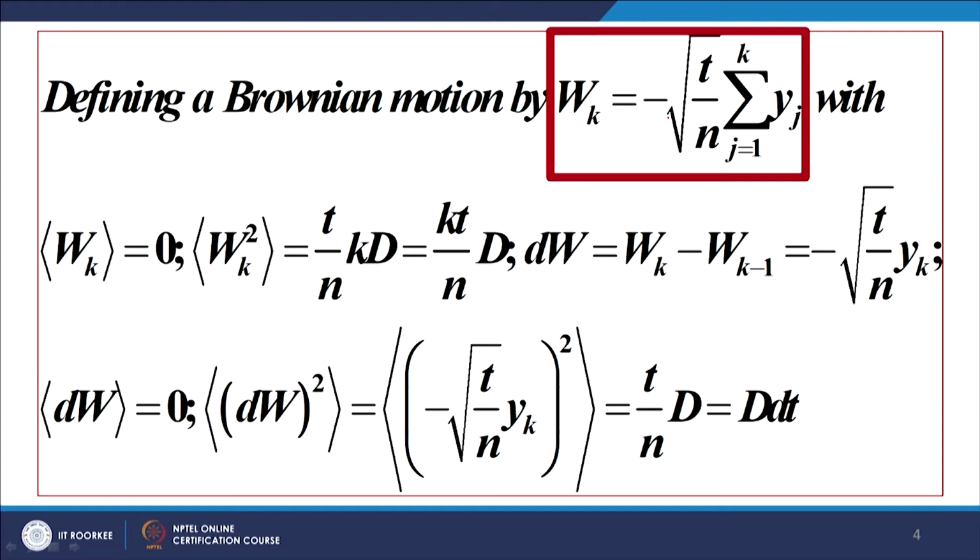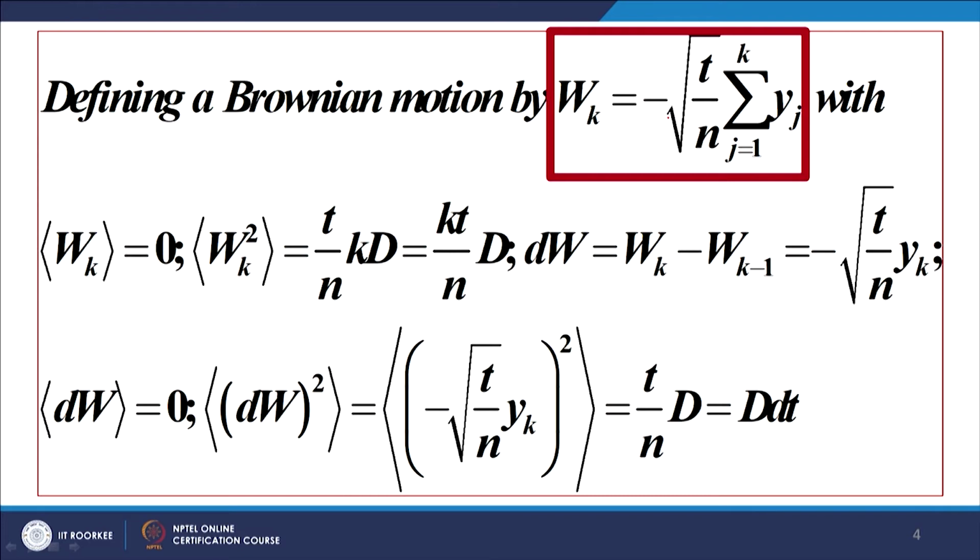To reiterate, each yj has a variance of d, there are k of them, and each of them is independent of the other. So, the total variance becomes k d, and we are scaling each y by under root t by n, so the variance gets scaled by t by n. So, we have t by n into k into d. And dW, the increment Wk minus Wk minus 1, is nothing but